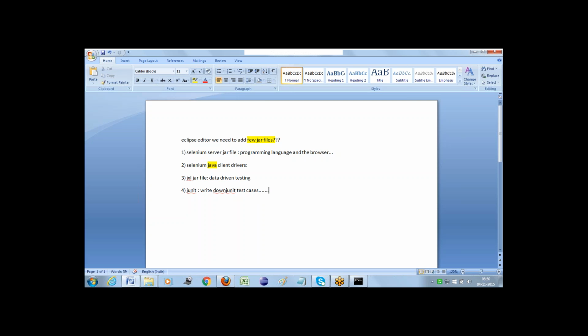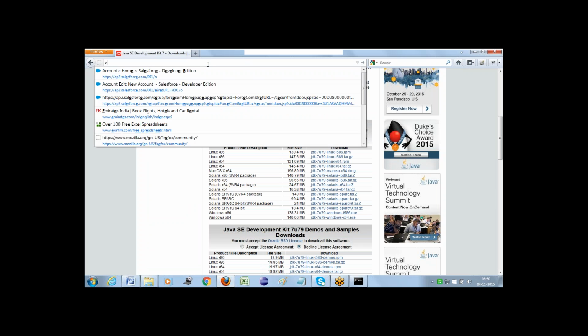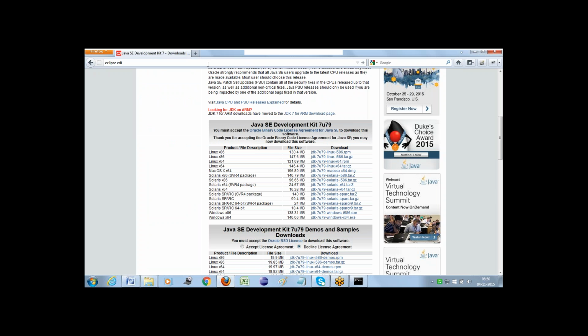The next concept is starting from the Eclipse editor, we need to download all the configuration. So here, first I'm entering Eclipse editor